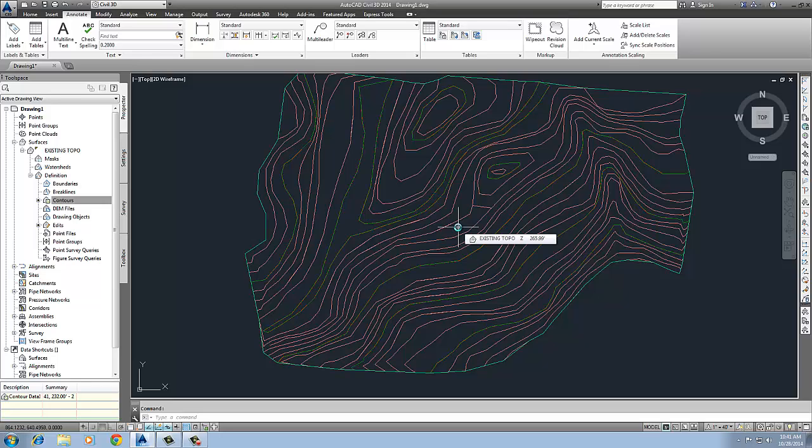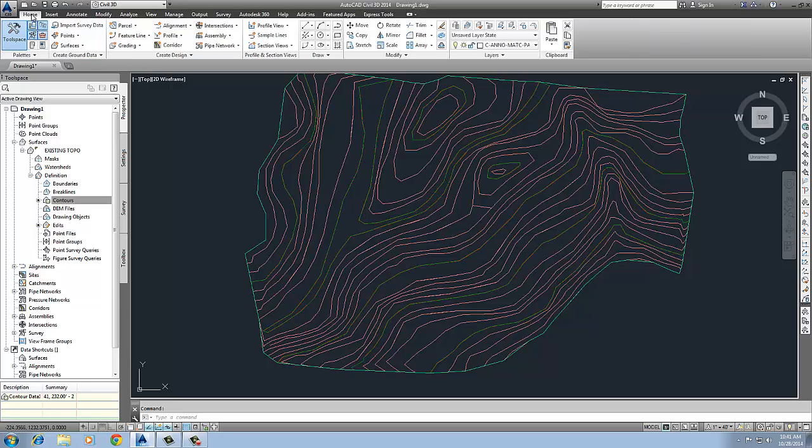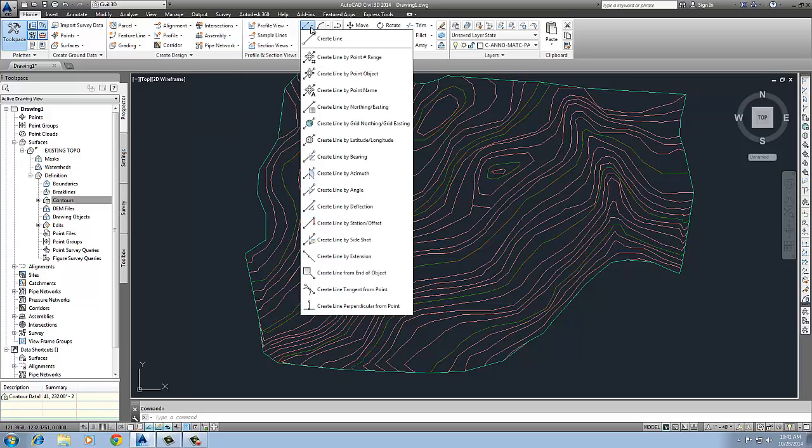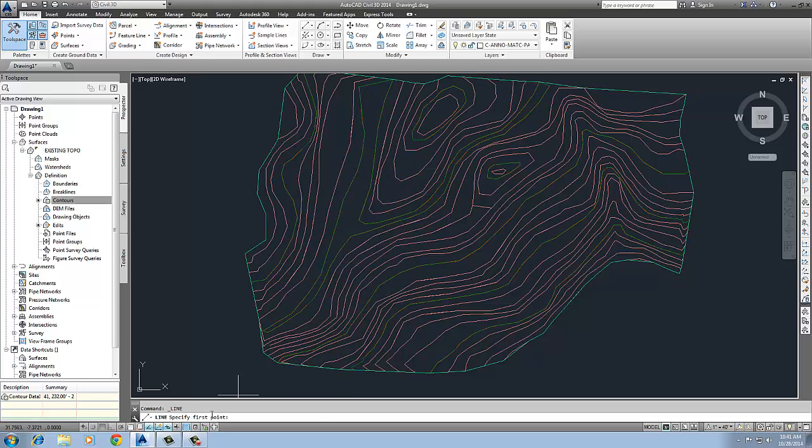So the second page in the lab gives you information. We have a coordinate and we have a bearing and a distance. So what we'll do is start out with a coordinate value, and I'm going to navigate to the Home tab, and I'm going to grab the line, create line by bearing. So for specifying my first point, I'm going to come over here to my transparent commands, grab my northing and easting and indicate the easting northing value